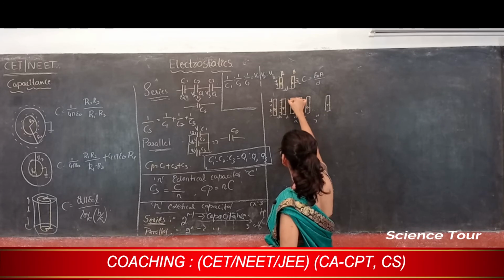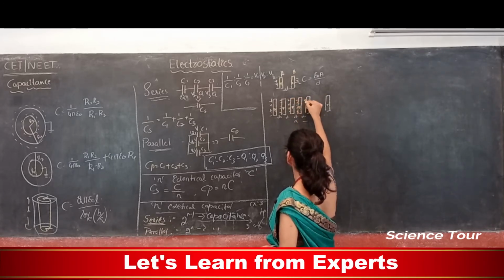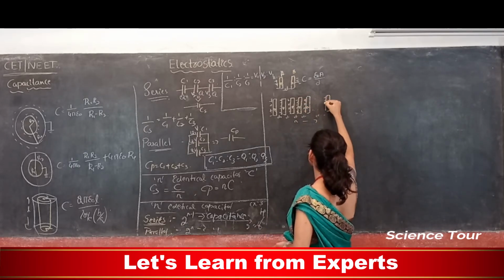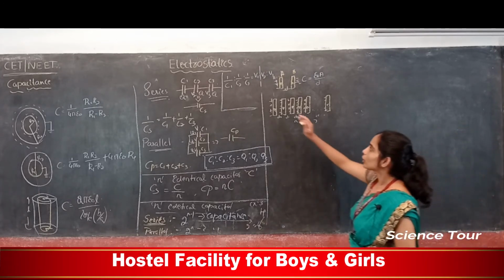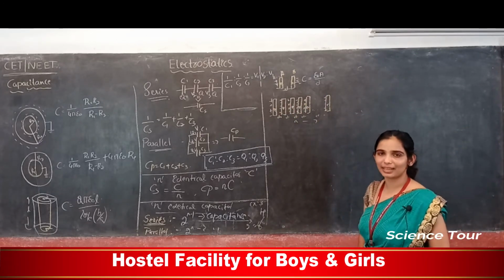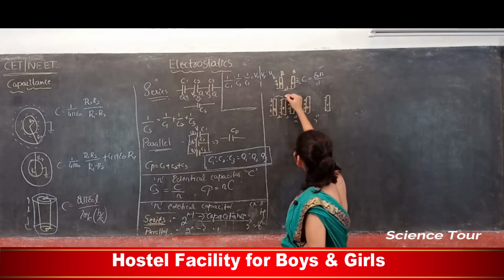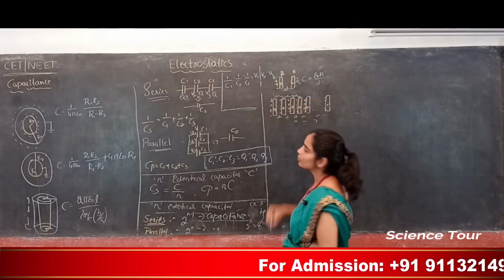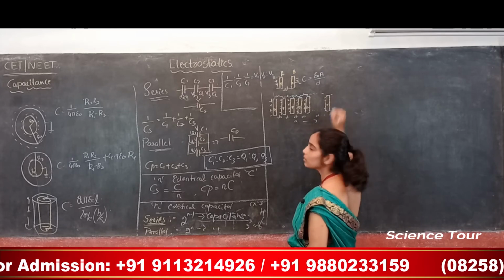Then this will be positively charged. Then this will be negatively charged. This will be positively charged. So the next one negatively. So this will be ultimately negatively charged. Am I right? So you can have so many capacitors, right? These two can form one capacitor. These two can form another capacitor. These two can form another capacitor. Similarly these and so on.